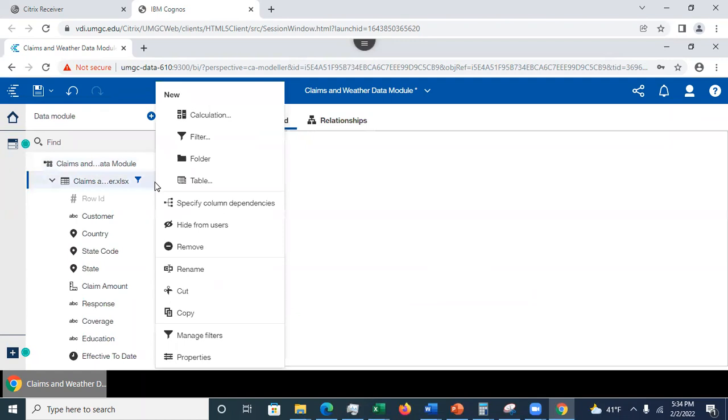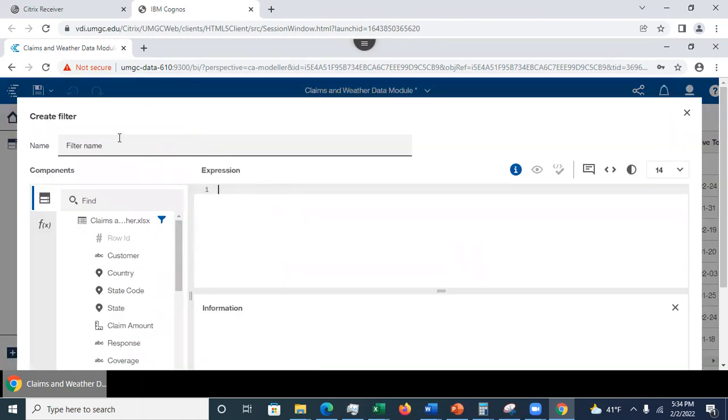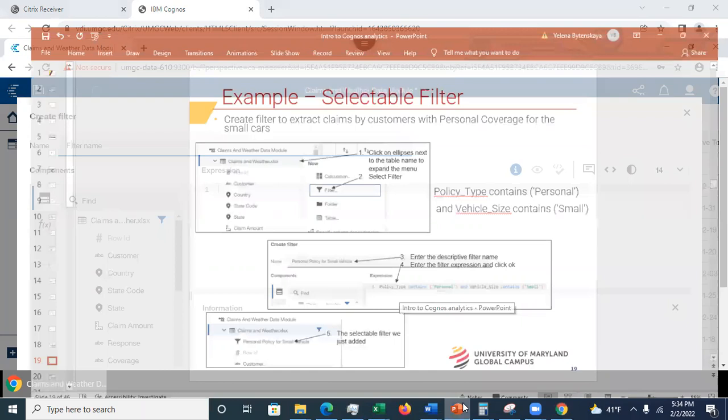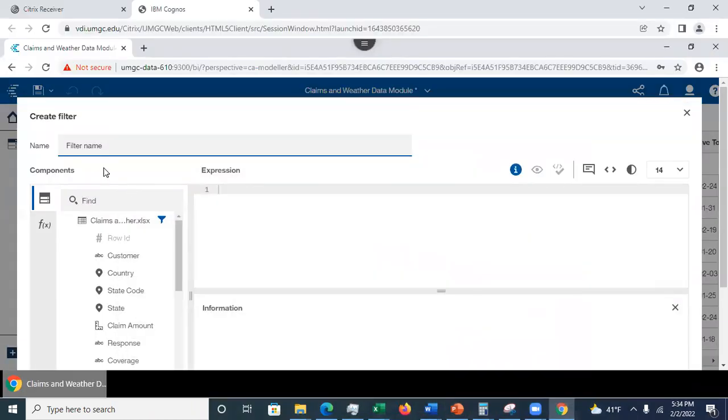But you just do this. See this, when I go here and select this filter, it's going to be the selectable filter. And I want to use a descriptive name. When we get to the explorations, I'm going to explain to you why. But let's call it personal coverage for small cars. Personal coverage for small cars, that's going to be the filter name. Okay. Now,